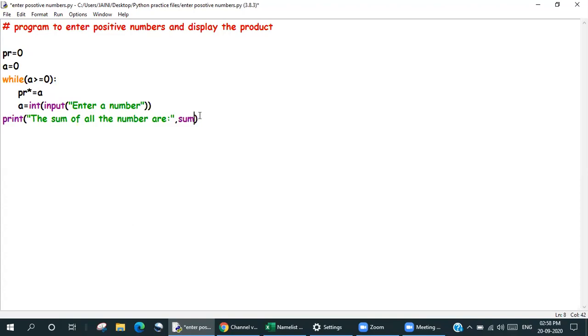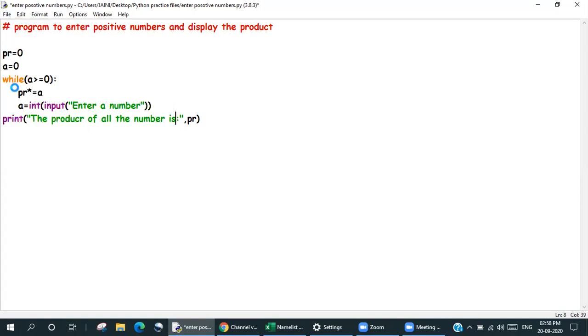And over here also PR, and I will say the product of all numbers is. All right, this will be the changes.